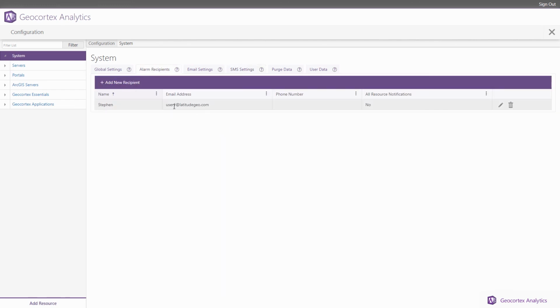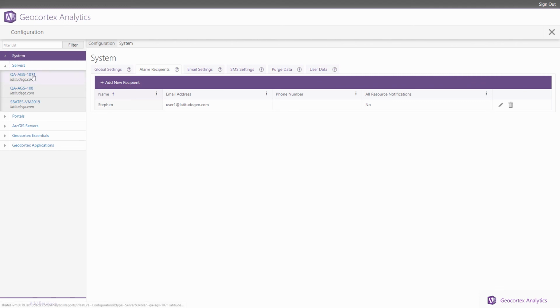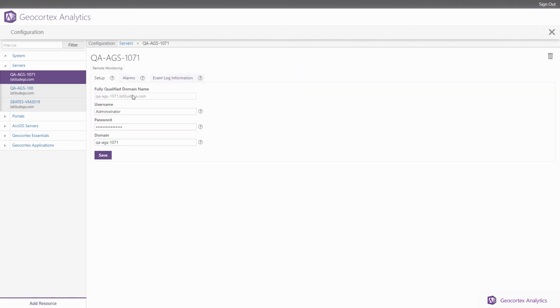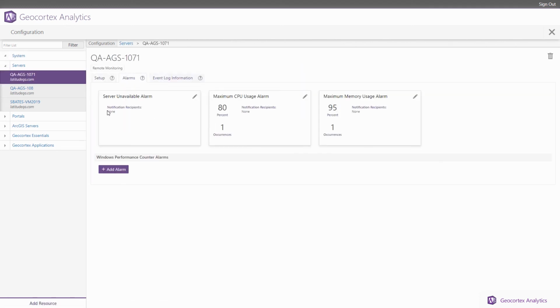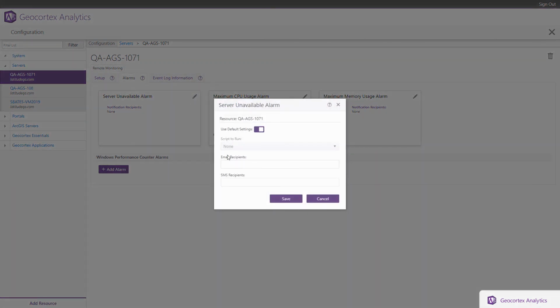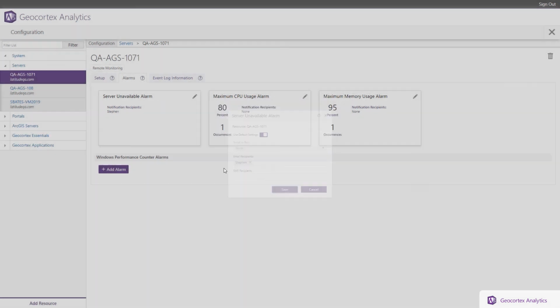Now that I've added myself as a recipient, I'm going to go back to the original server that we were looking at. Go to the Alarms tab, and I want to be notified as soon as that server is unavailable, as denoted by this alarm. So I'm going to edit that, and under Email Recipients, I'm going to select myself. And by hitting save, I've now added myself to this configuration, and I'll be sent an email as soon as